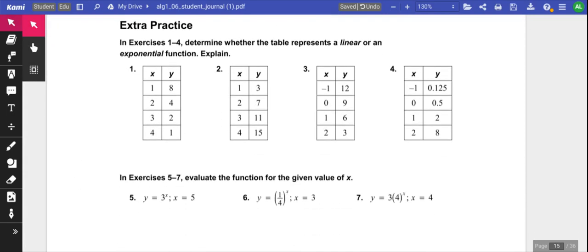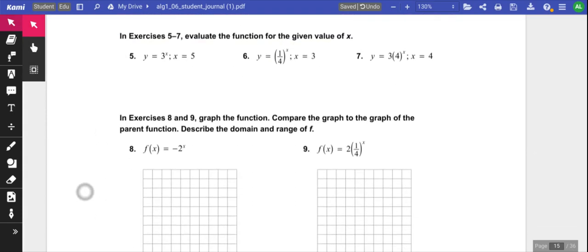examples. I'm not super concerned with you looking at a table and deciding whether or not it's linear or exponential. I'm more concerned with, can you take one of these exponential functions, plug in a number, and figure it out? All right, so let's say